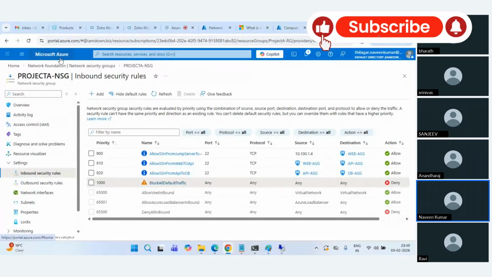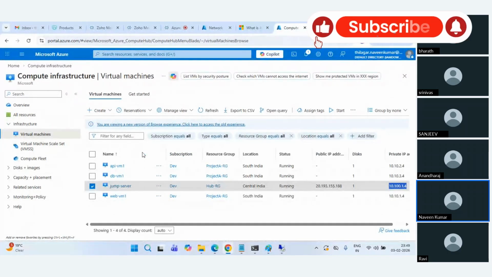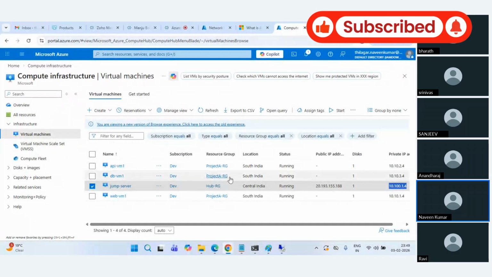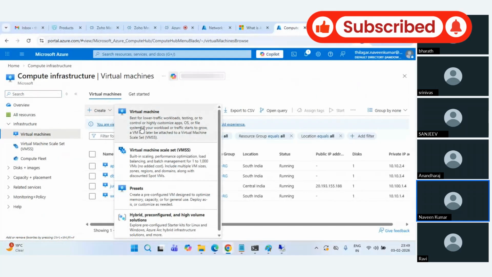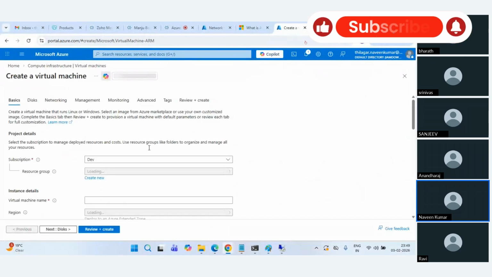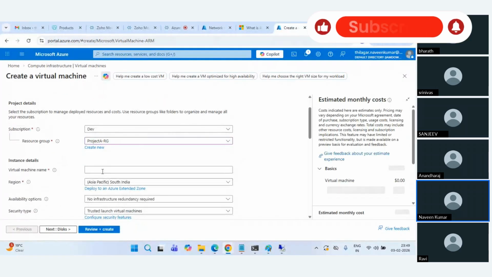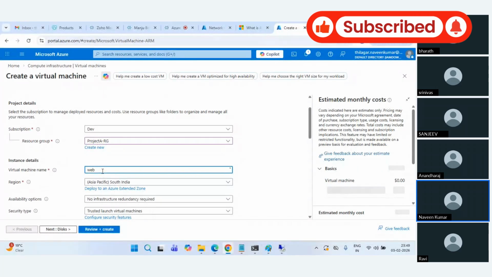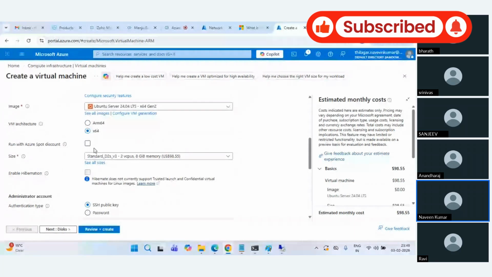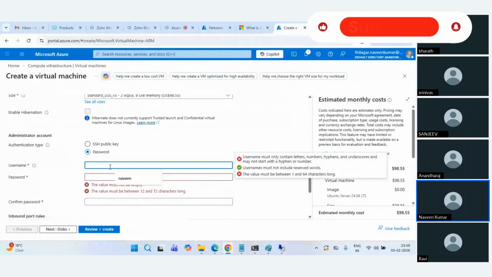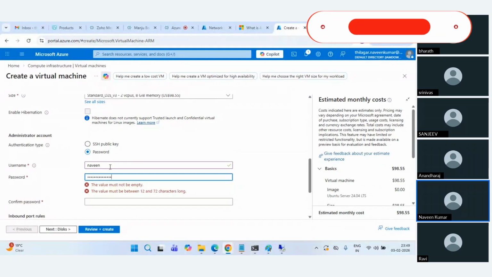So the other thing which I wanted to show is, if I'm launching a new VM, right? Once the VM is joined, I just have to attach that NSG. Let's quickly do that also so that you will know how easy it is to maintain when you scale up things and all. I'll just say project A, and this is going to be web VM2, and it's in South India. I'll go with the same password based option. Let's put the password